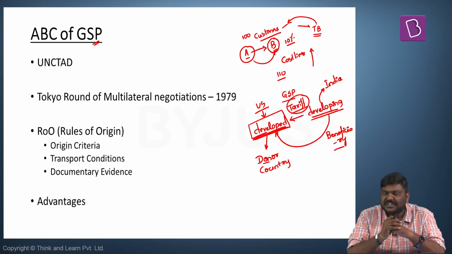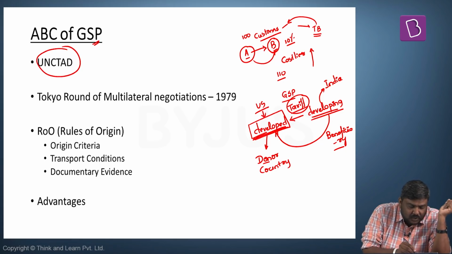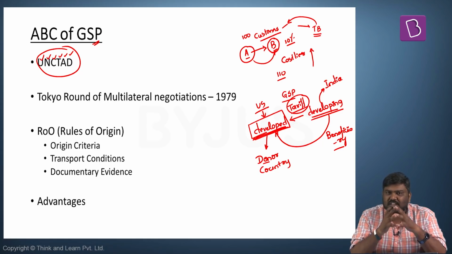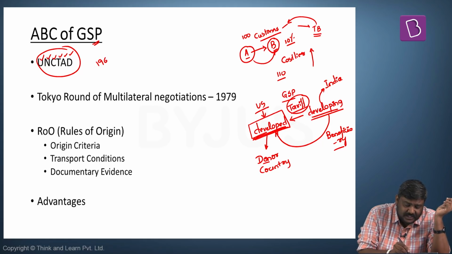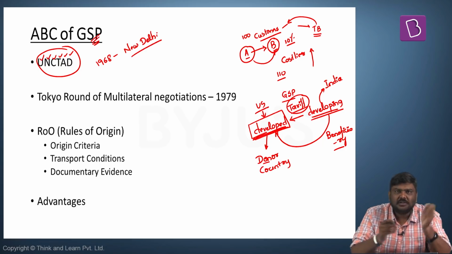Now, the concept of a GSP was discussed under the United Nations Conference on Trade and Development. This discussion happened in the second round of this organization, which was held in the year 1968 in New Delhi,